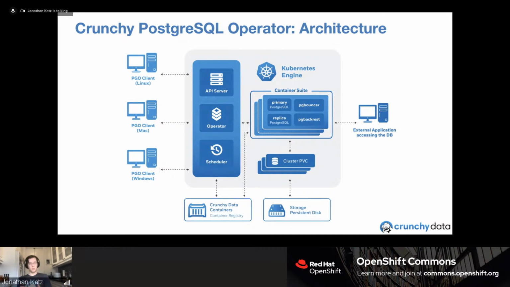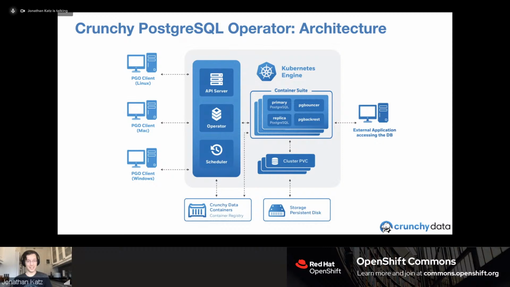So from there, the operator reacts to what's been added to a custom resource definition or any changes in the custom resource definition, and then applies those changes throughout your OpenShift environment. We've layered a few things on top of that. We have an API server that makes it a little bit easier to interface with the custom resource definitions as it aggregates that information together. And that's actually what the Pico command line client uses as well.